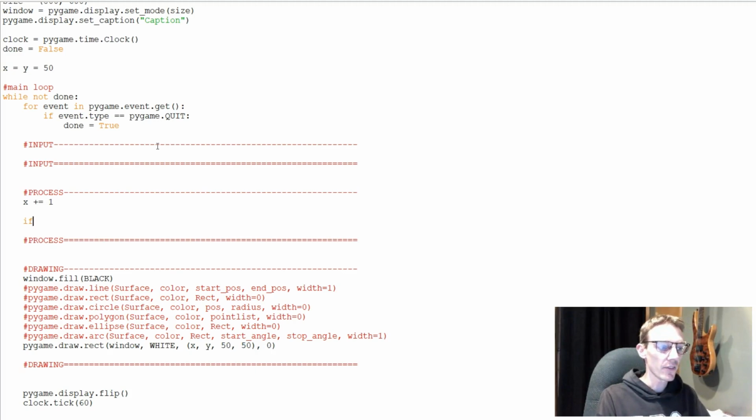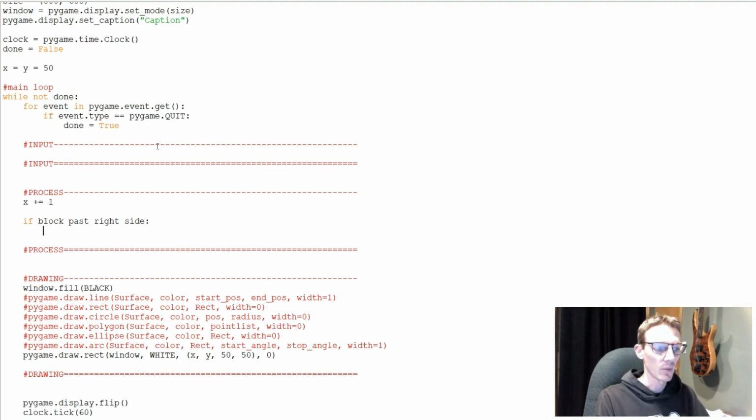Now we have to say if the block, and I'm just going to type this as words for a moment. If the block is past the right side of the screen, then what we want to do is send it back to the left side. Right? That's what we want to do. So if the block is past the right side, well, how do we figure out where the block is? It's this x right here. So we can say if x is equal to,